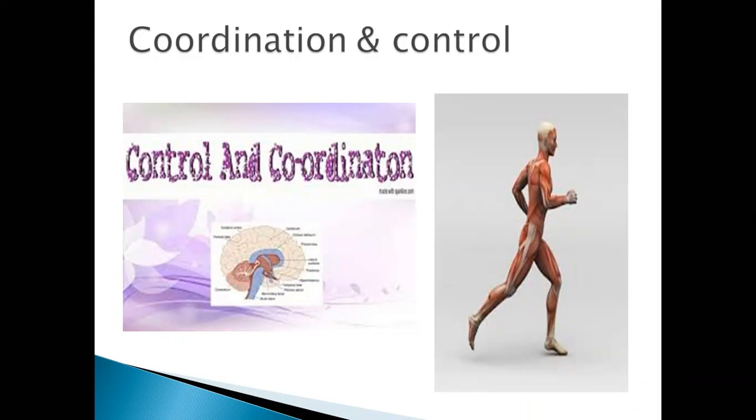For example, if this person is running, is he only doing running? Besides this, is nothing happening? No, it's not like this. You can feel that he is breathing as well. Fine. And heartbeat rate is increased, blood pressure is adjusted, and extra heat is removed faster from the body. All these things are happening at once while he is running. So it means all these things are coordinating with each other to perform one activity. This is called coordination.